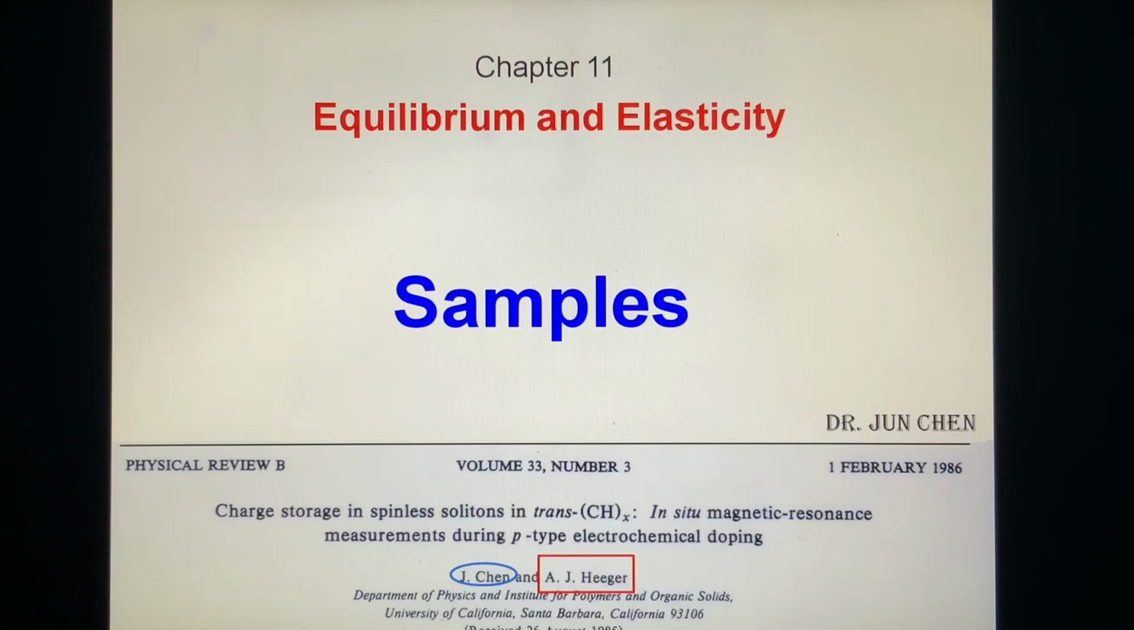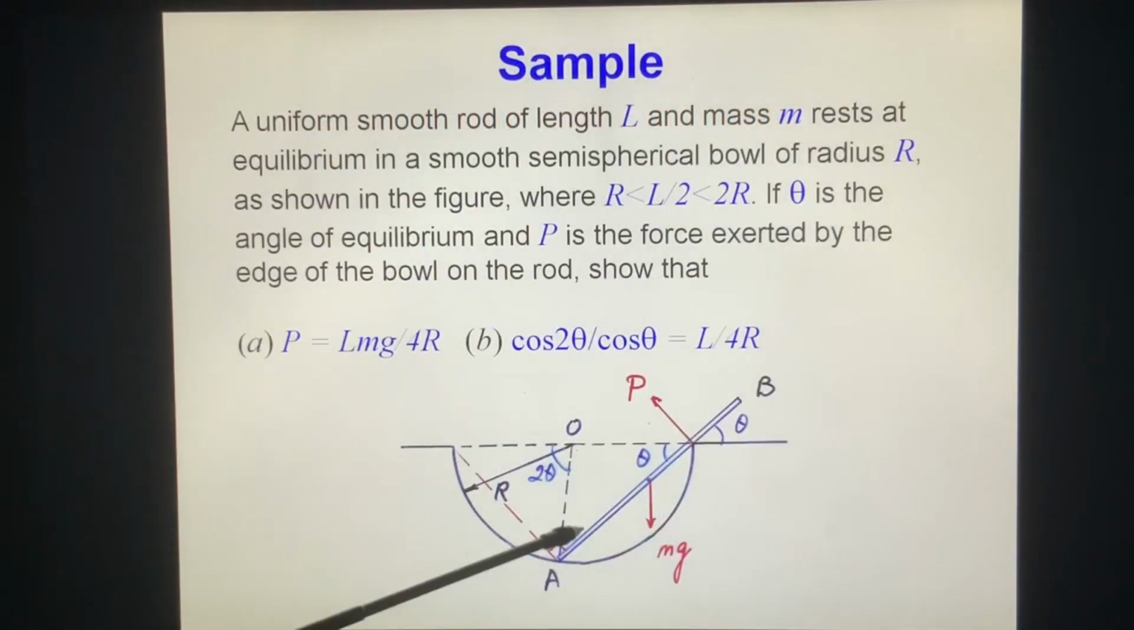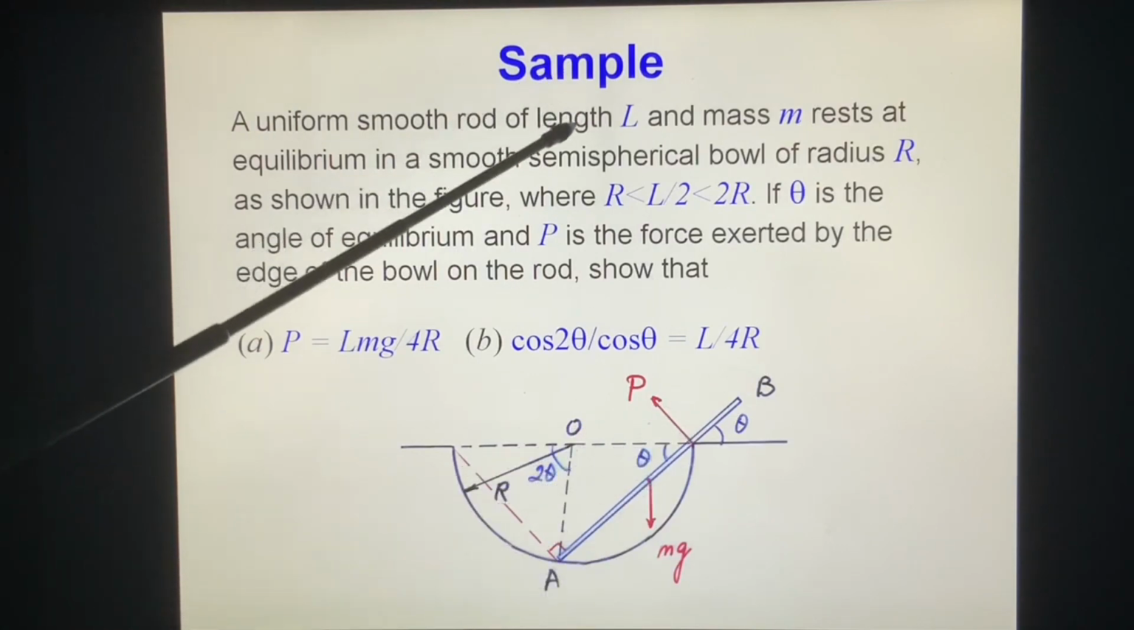Chapter 11, Equilibrium and Elasticity. Samples. Sample 1. A uniform smooth rod AB of length L and mass M